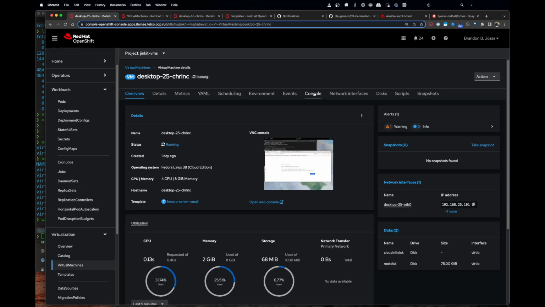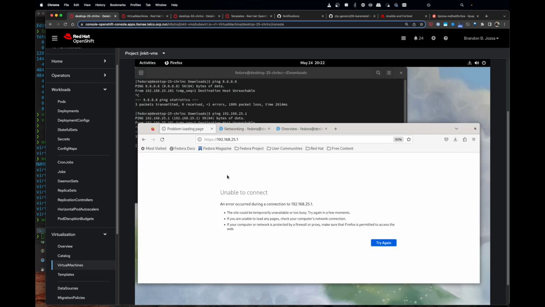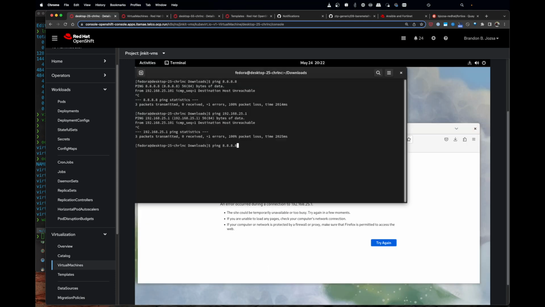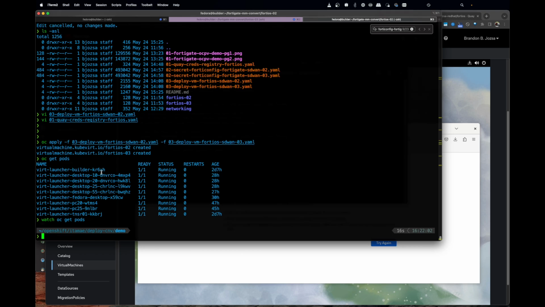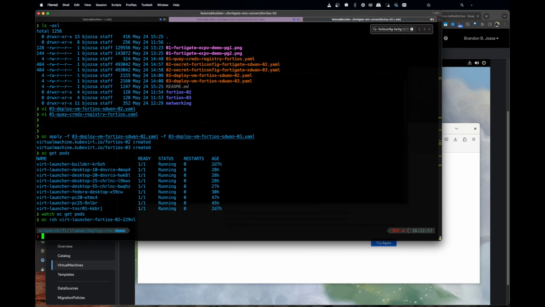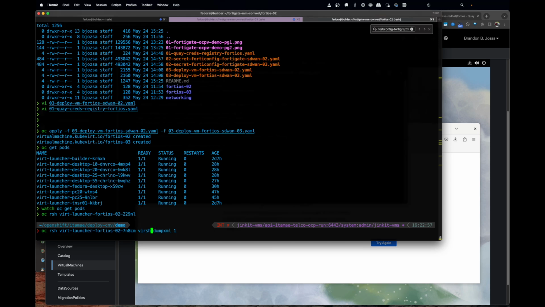There's a lot of stuff going on here. But what I'm going to do is keep this running on an external host, right? And I'm going to wait for that firewall to come up. But if I do, let's say, an oc rsh for this pod, and I do a, actually, hold on one second. Yeah, that's it. If I do a virsh dump XML,